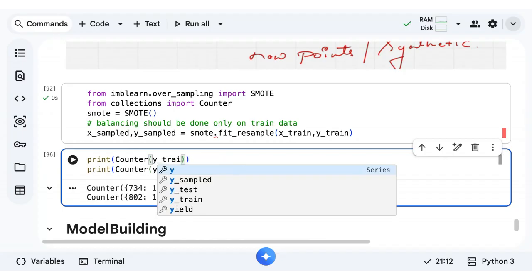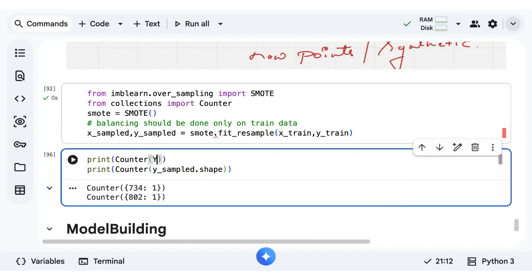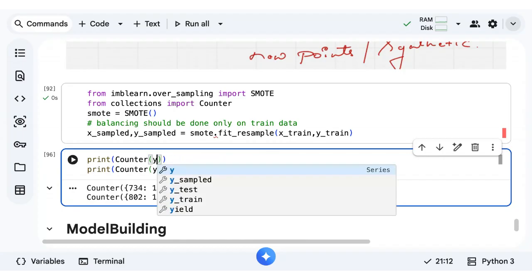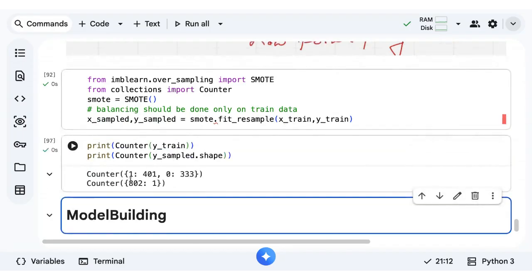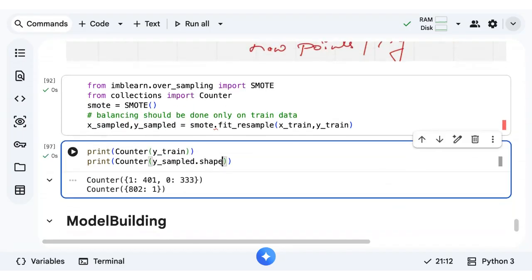We're checking y_train and this y_sampled.